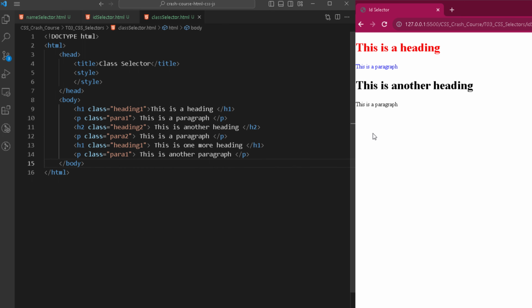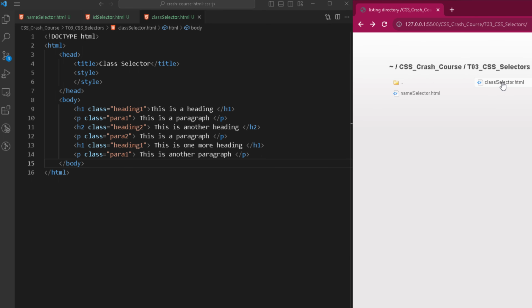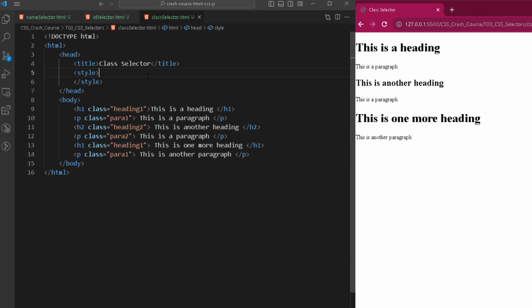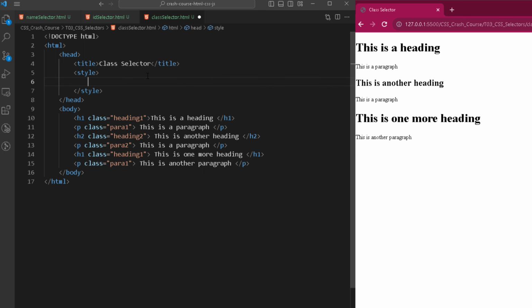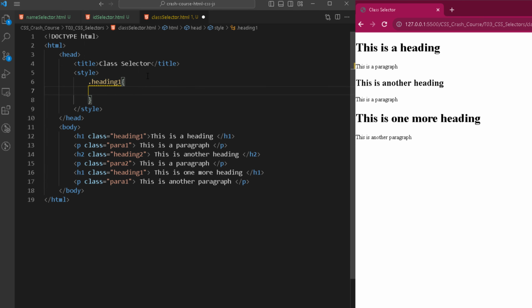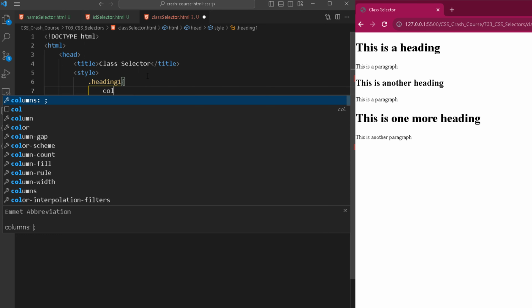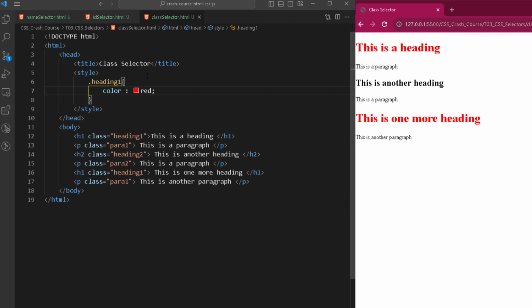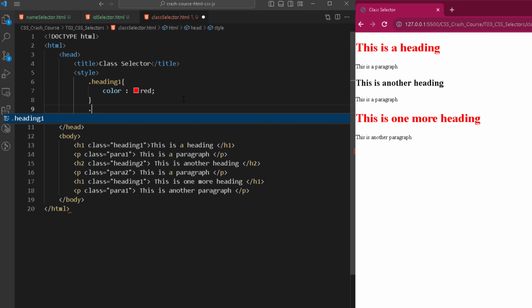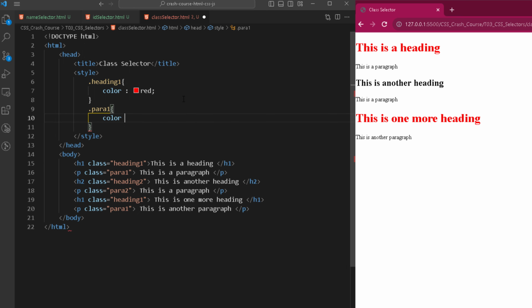Now let me quickly show you the output of this file. So I will go back, refresh here and open class selector. Now to provide a specific style to a specific class, I will use dot and the name of the class. So here I am providing style to heading 1 class, and I am providing a color as red. So you can see the first and the last heading is coming in red color, because both of them are having the same class name as heading 1. Similarly, para 1 has color blue, and you can see the first and the last paragraph is coming in blue